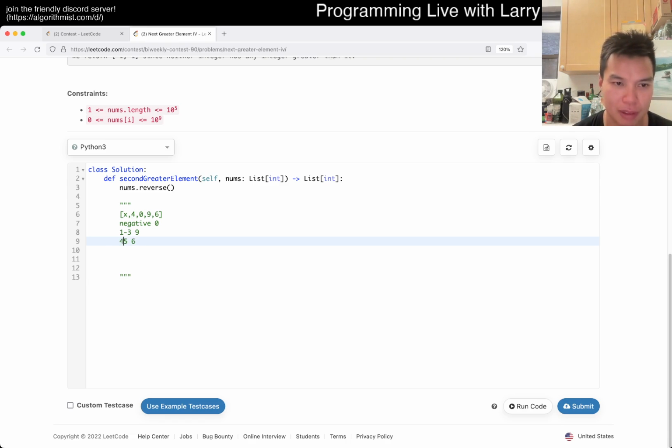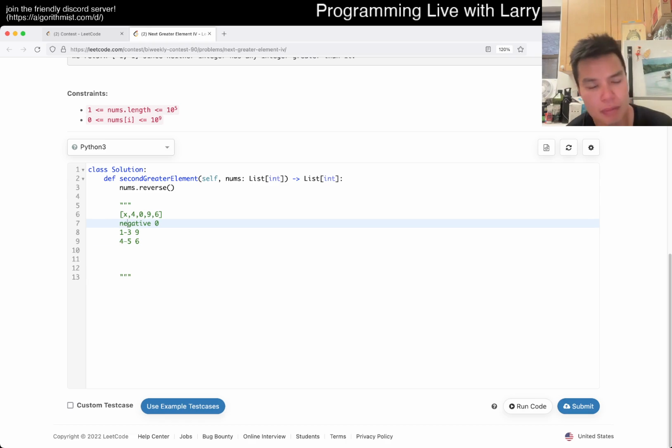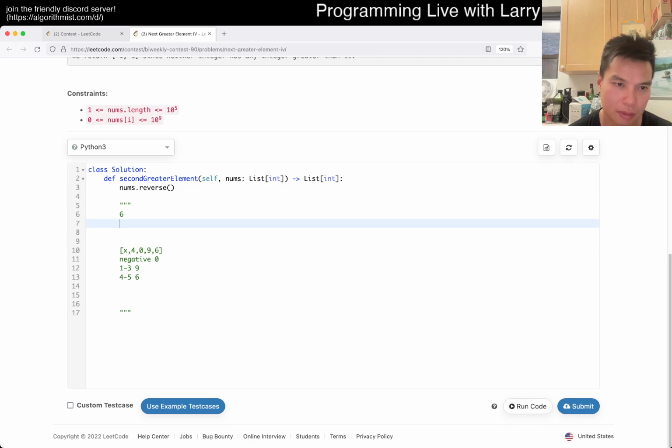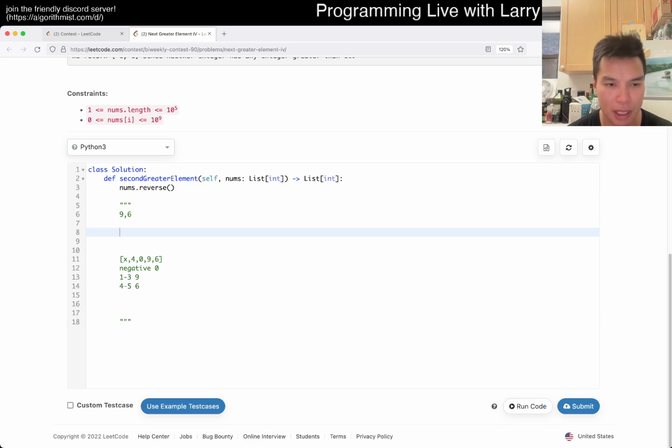I think 4 or 5 is the answer, but so basically we have this thing, right? We have this range, and then we just keep on dividing it. Is that right? Okay, let's start from scratch. With 6, nothing happens. Then 9. Now with 9, we have a space that is 0 to